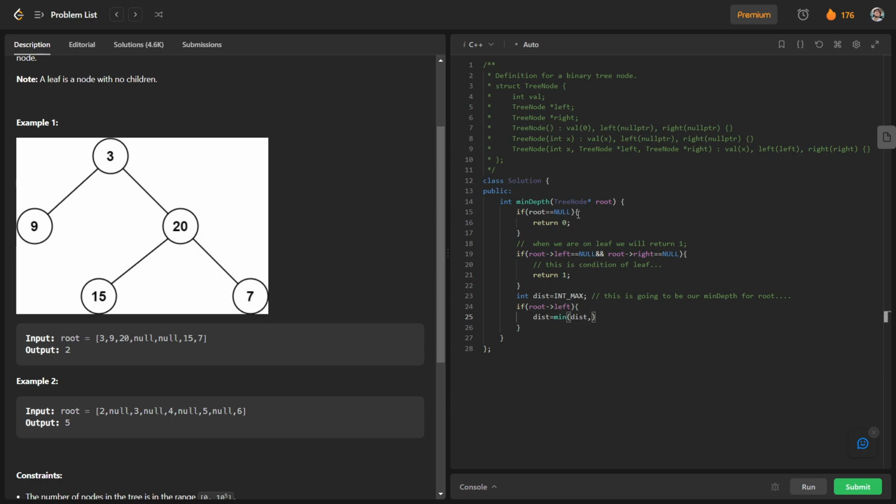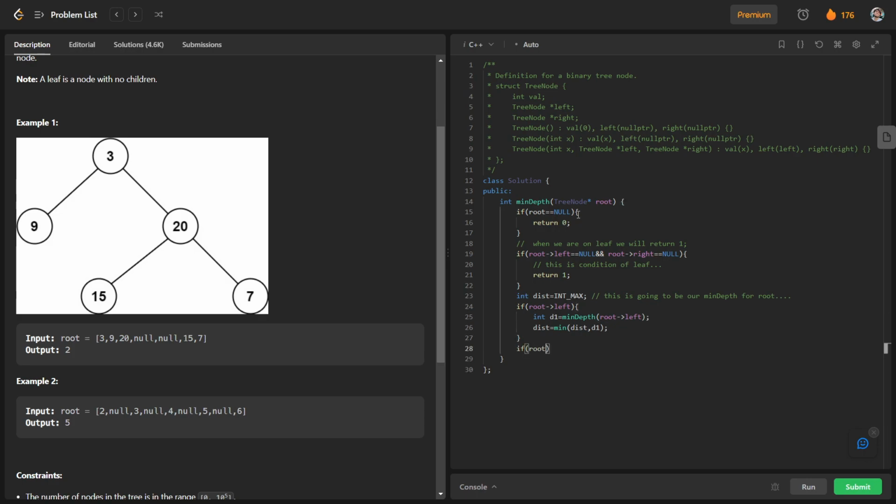So int d1 is nothing but min depth for the left part, and we will minimize it with dist.